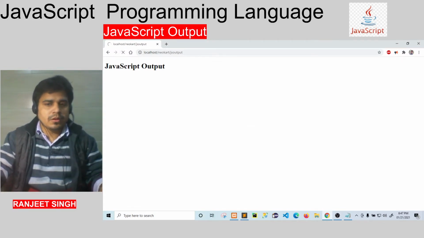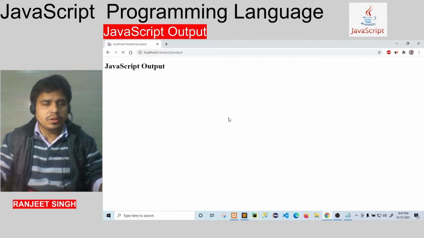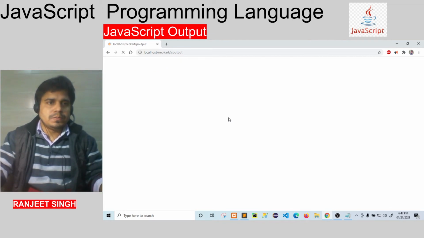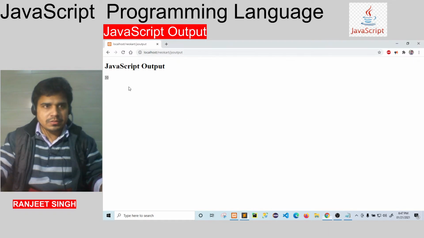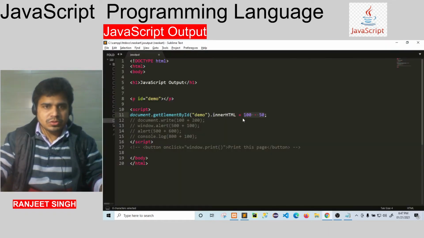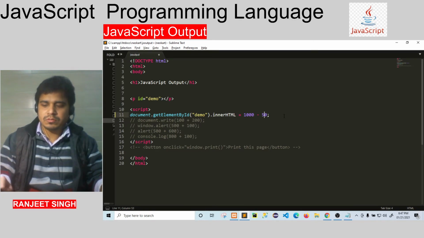According to this, the output would be 100 minus 50 equals 50. You can see the answer is 50. If you change this, suppose you change 100 into 500, then what should the answer be?